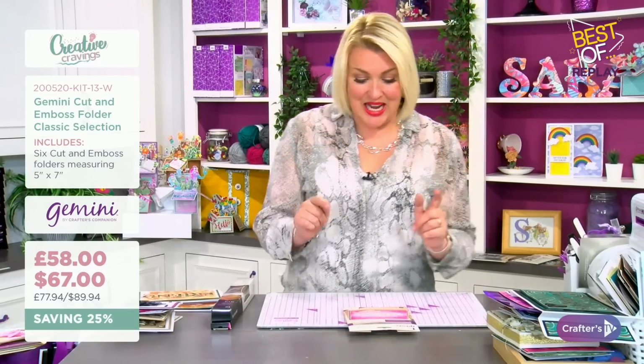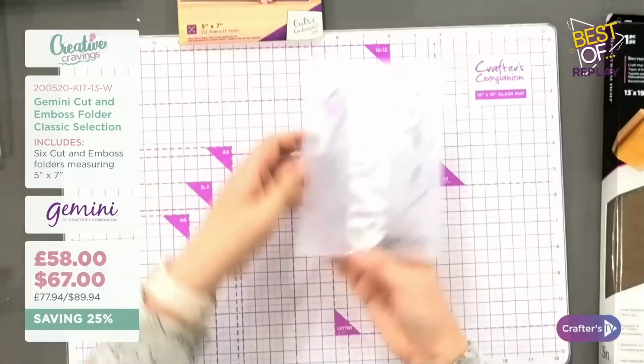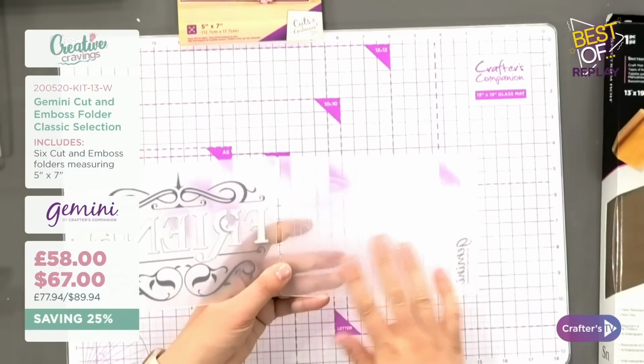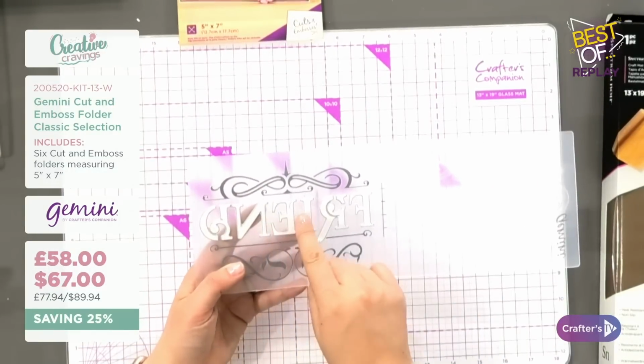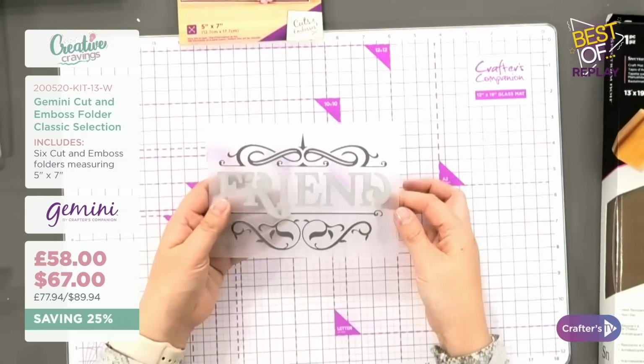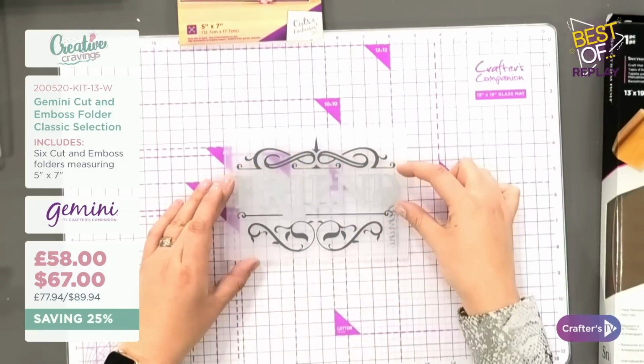Now I'm going to get started with the cut and emboss folders. So can you see each one of these, when I open it up, this is like a regular embossing folder. Basically all these are dies. So you've got each individual die for the letters. So you're going to get this lovely embossed detail on here, and it's going to cut out the word friend